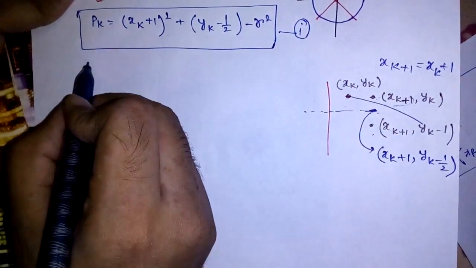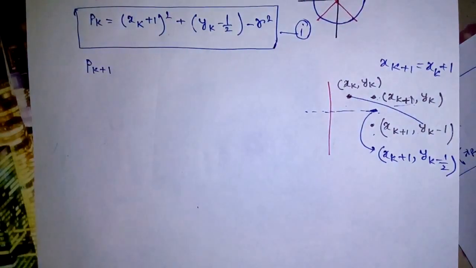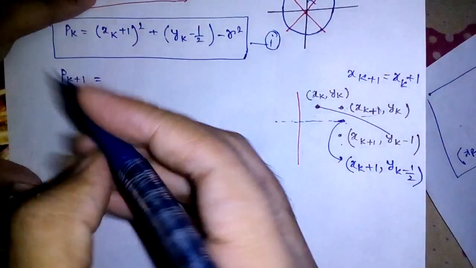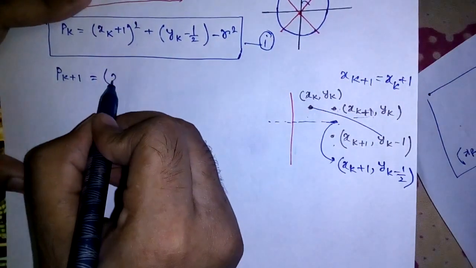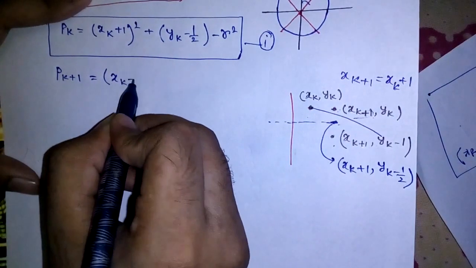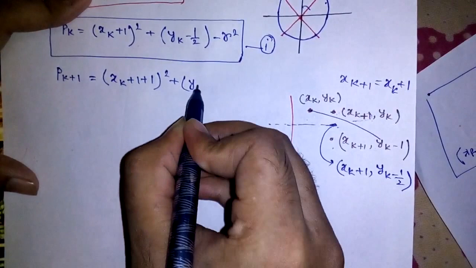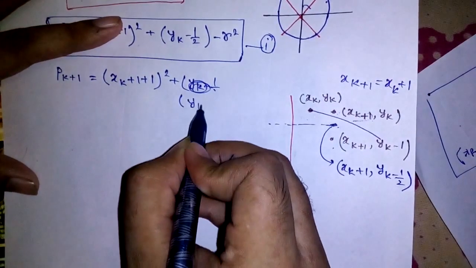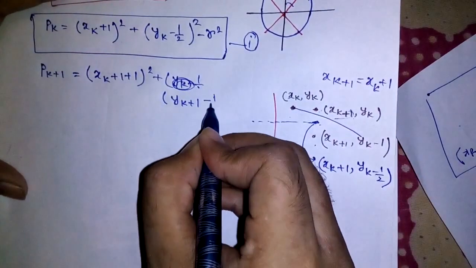So that equation will be pk plus 1. Given the previous decision parameter, we want to calculate what could be the next decision parameter. So in place of k, I can just simply put k plus 1 in the previous equation in order to get pk plus 1. If I put that, I will get xk plus 1 square plus, actually this one will be yk plus 1, and here will be a square. Okay, now yk plus 1 minus half